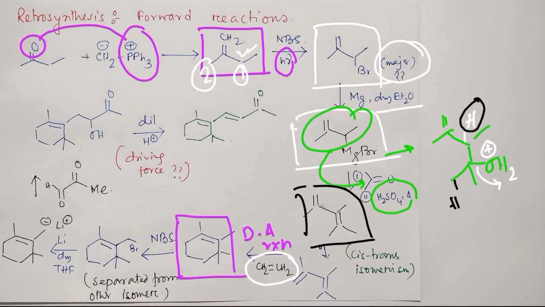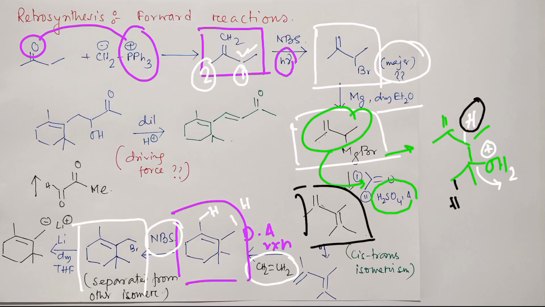And this molecule, just look at that, has two allylic hydrogens, this and this. So if you treat with NBS, the probability is that both will result, 50-50. So we have to separate this allylic bromide, and with NBS we need H nu. We separate this by column chromatography. If you react this allyl bromide with lithium or magnesium, it will generate a carbon-based nucleophile like a Grignard reagent or alkyl lithium. And if you react that with this aldehyde, selective reaction will happen at the aldehyde center. Why? Because the aldehyde is less bulky, so nucleophilic addition on the aldehyde carbon is easier than on the ketone.